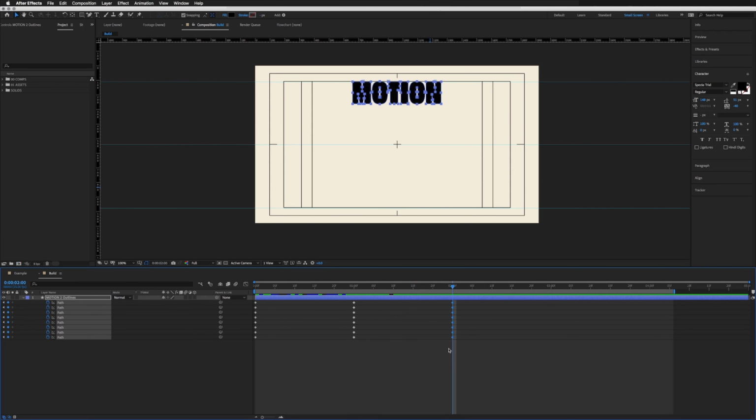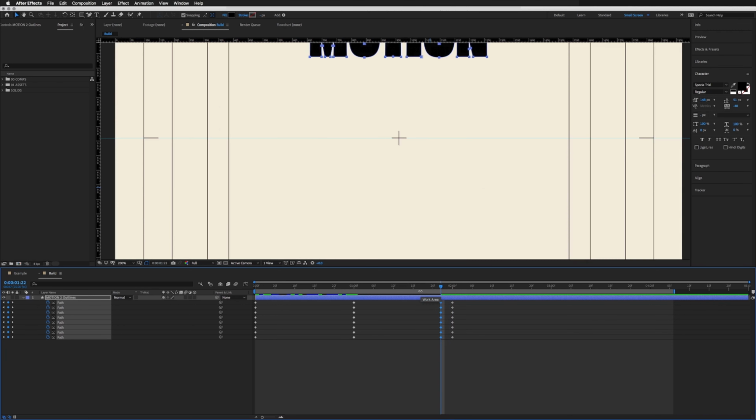And what I do think adds a nice bit of extra movement is a slight bounce. So I'm just going to go a couple of keyframes towards the middle. With all these final keyframes selected, I'm going to copy and paste them. So now we have two identical keyframes. But on these first ones, I'm just going to go in